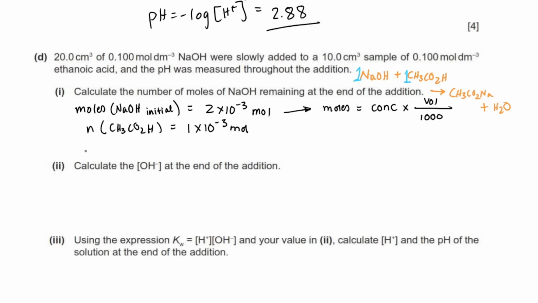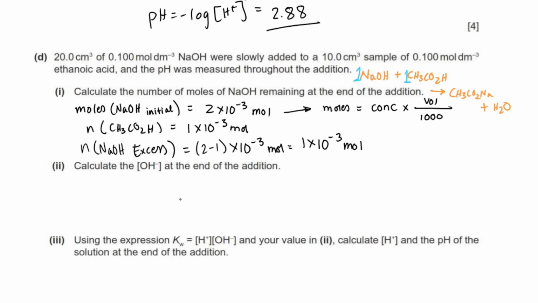So how much more do we have? So NaOH excess will be 2 minus 1 times 10 to the power minus 3 moles, which is 1 times 10 to the power minus 3 moles. And now we have to calculate the hydrogen ion concentration